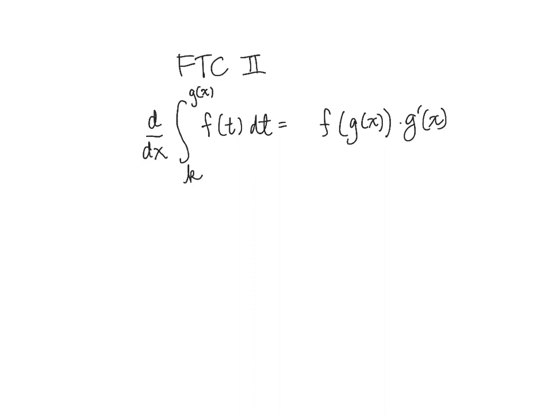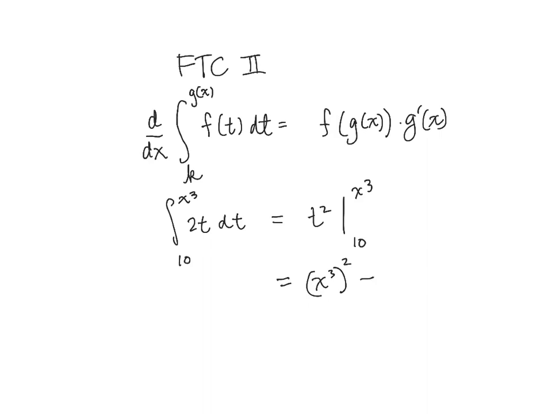A simple example: if I'm going to integrate 2t dt, and let's go from 10 to x cubed. We all know that the integration of 2t is t squared. This is a definite integral from 10 to x cubed. Using FTC number 1, we get x cubed where t squared is, minus 10 squared. Now, if the problem said